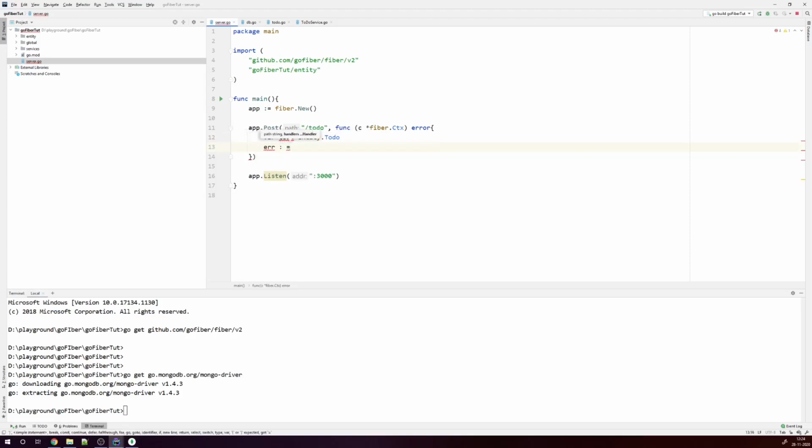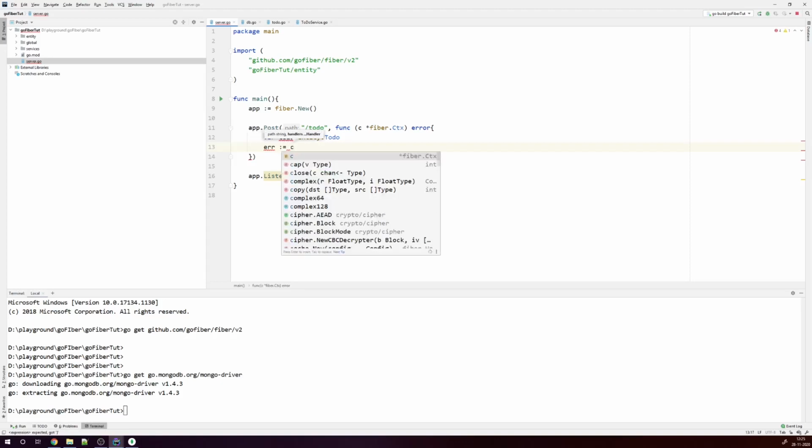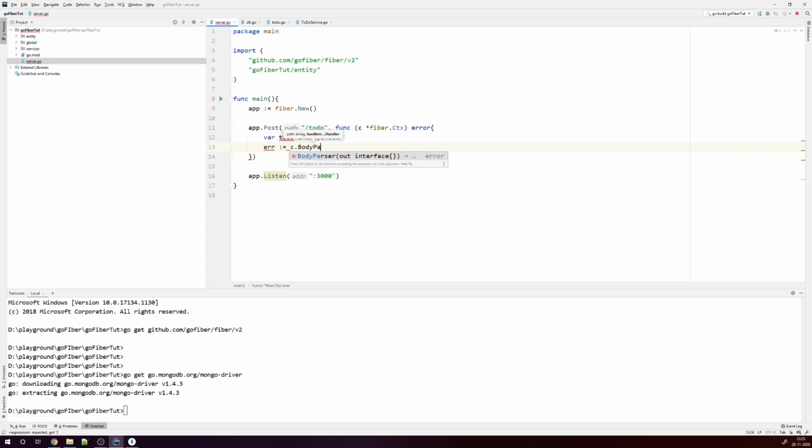And as in Express, you would have used something called body parser that would get you the JSON structure from your body. Similarly, here you'll have body parser. What it's going to do is we want to change this body parser to use a to-do, whatever data is coming. We're going to expect that it is in the same format of to-do. I'm going to use this to-do to unmarshal it into to-do. So we're going to say if error does not equal nil,